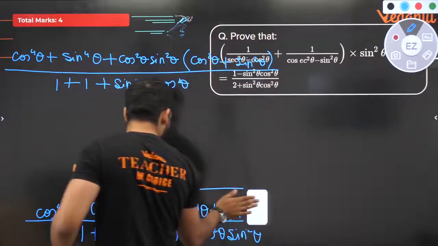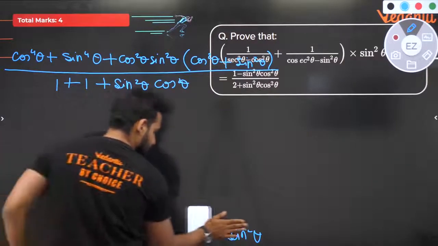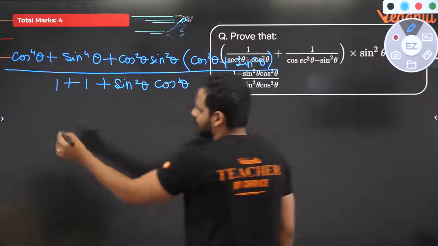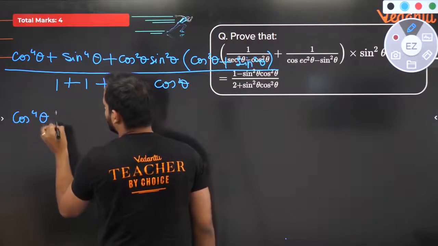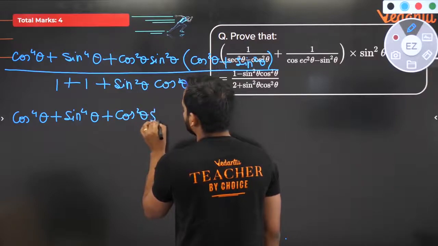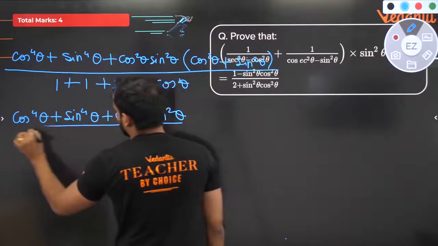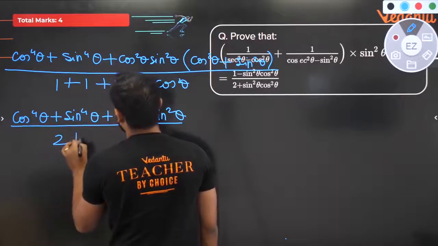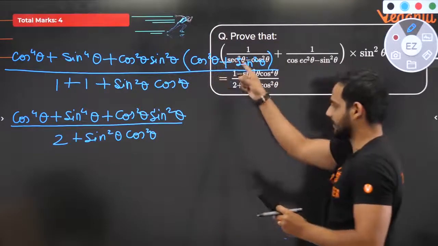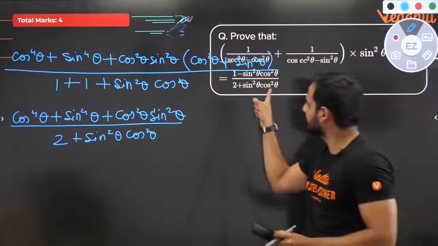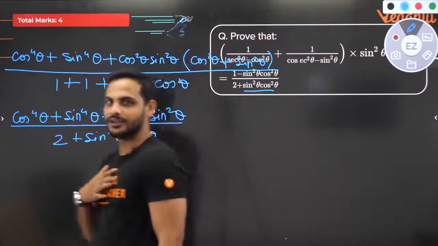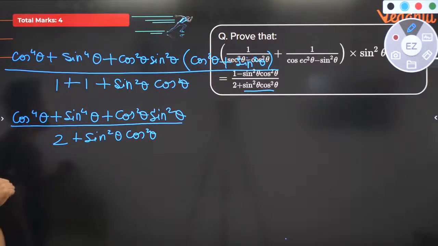Okay, now understand what I am going to do next. The next part, अब देखो cos square theta plus sin square theta is equal to 1. हाँ sir, no problem. So you will be getting cos raised to the power 4 theta plus sin raised to the power 4 theta plus cos square theta into sin square theta divided by 1 plus 1 which is 2 plus sin square theta into cos square theta. Okay, देखो this cos square theta plus sin square theta is equal to 1. Now देखो यार, denominator we have created, denominator we have got. अब देखो थोड़ा न्यूमरेटर में थोड़ा चैन की सांस ले लो पहले. ओके, आराम से थक गए होगे, इतना लंबा चल रहा है अभी तक. ओके, नाउ फोकस ऑन दिस पार्ट.